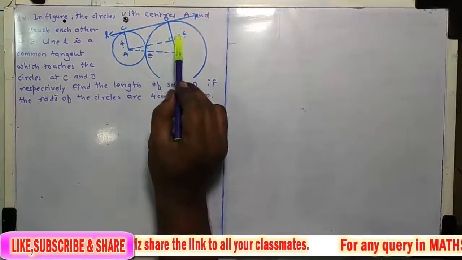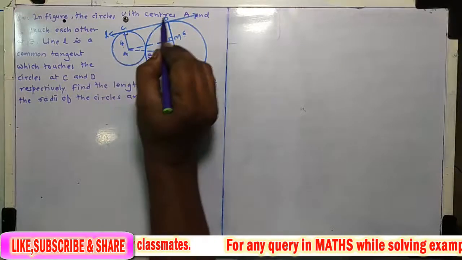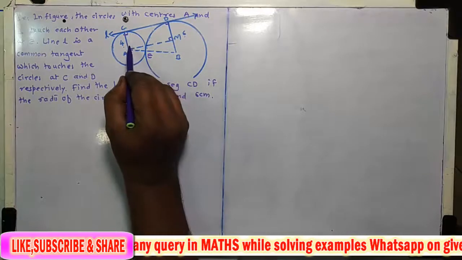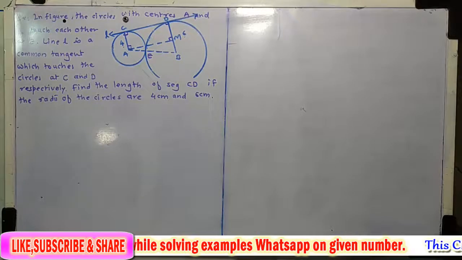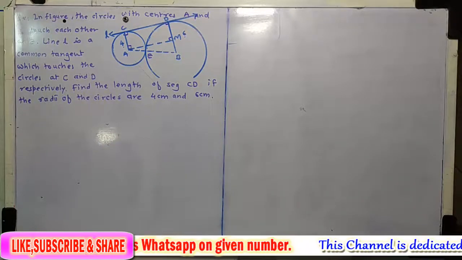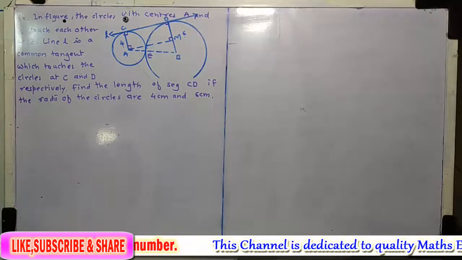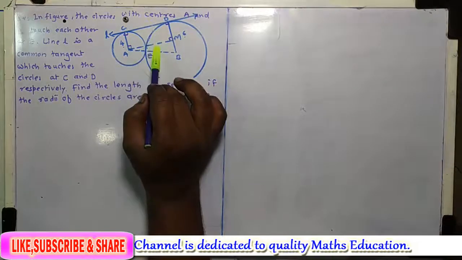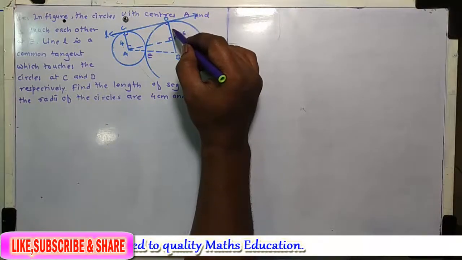Therefore in quadrilateral AMDC this angle is 90 degree, this is 90 degree. Okay, this is right angle, this is also right angle by construction. Okay, so what will be the measure of this fourth angle? It is also a right angle. And the definition of rectangle, we know in a quadrilateral if each angle in that quadrilateral is a right angle, then that quadrilateral is a rectangle. Okay, so this is a rectangle and the property of rectangle is their opposite sides are congruent. Opposite sides are congruent. So here AC is 4, so this MD will be 4.